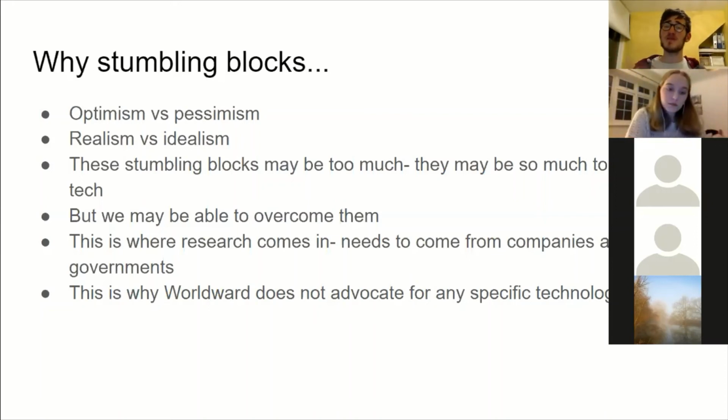And once we've done that and worked out which ones work and at what scale, we then see these technologies ramped up and put out there in a kind of patchwork fashion. We wouldn't be just relying on one, we'd be using many of these and probably ones which haven't even been invented yet. That's the point of getting government and company funding to do this. And then they would be removing as much CO2 from the atmosphere as possible, hopefully to not only stop the problem getting worse, but actually remove enough to make a dent in the amount we've put in there already and start reversing the impact of climate change that we've had.